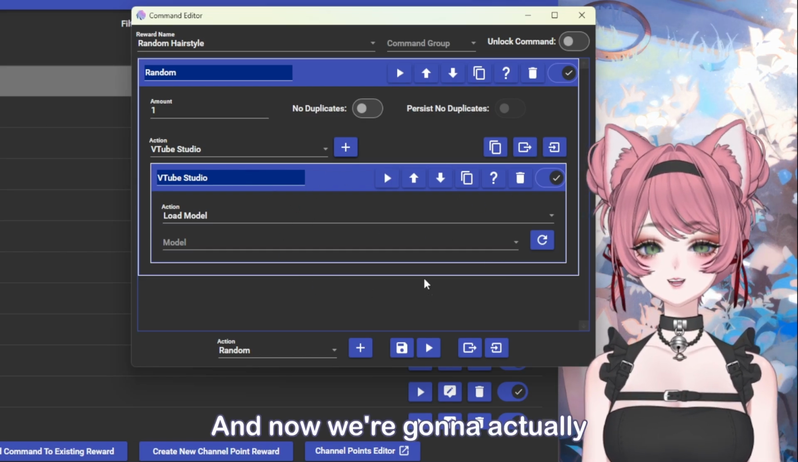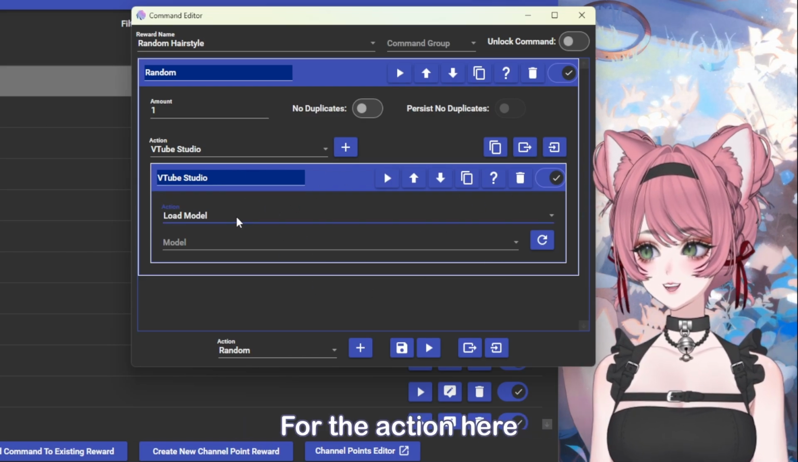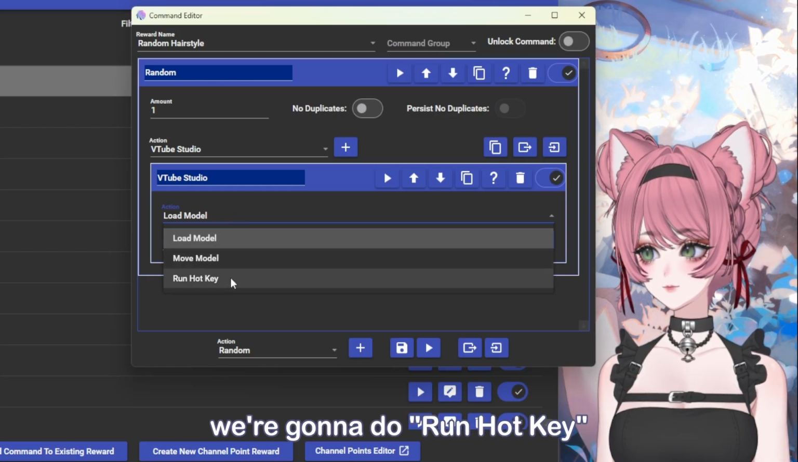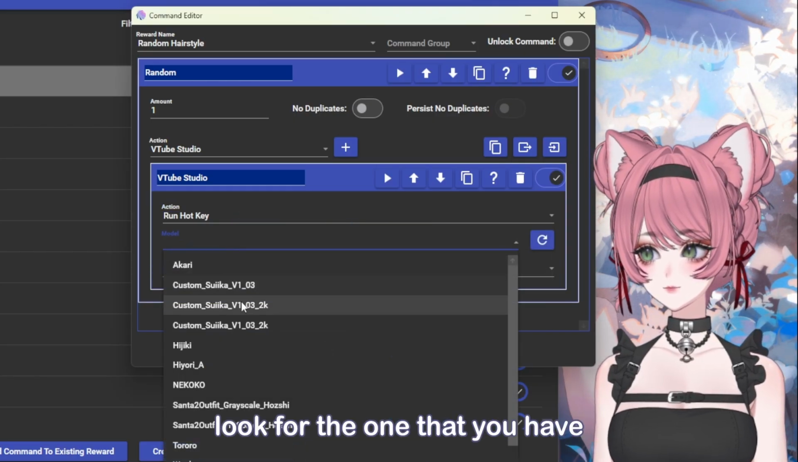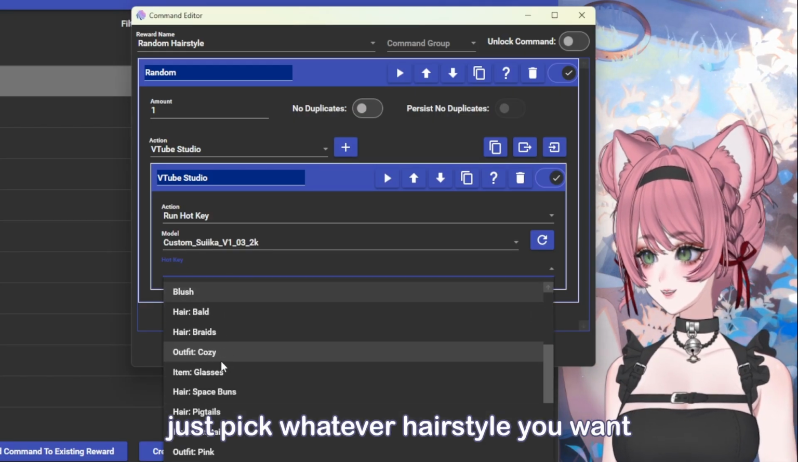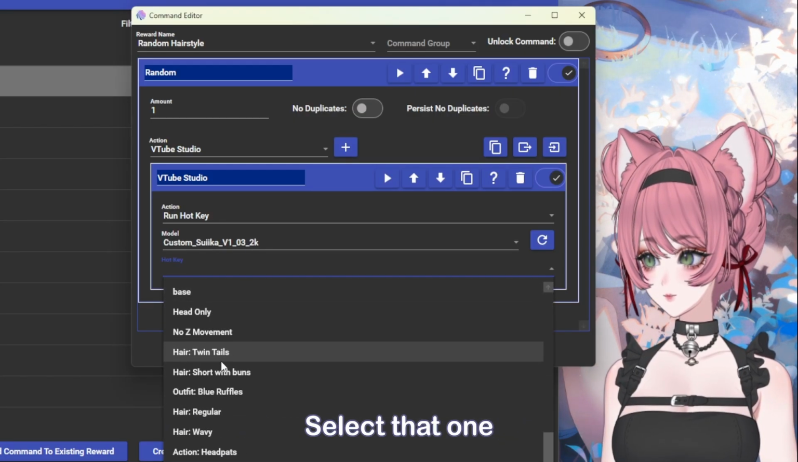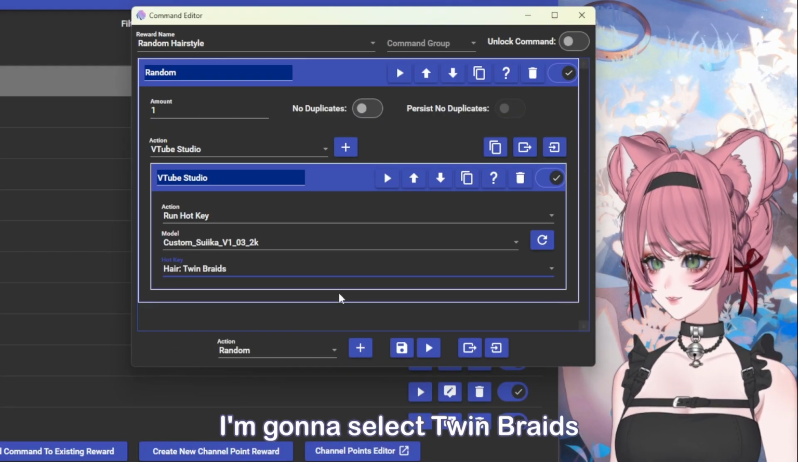and now we're gonna actually select the hairstyle. For the action here, instead of load model, we're gonna do run hotkey. And for the model itself, look for the one that you have. For the hotkey, just pick whatever hairstyle you want. Select that one. For the purposes of this one, I'm gonna select twin braids because that's the one that we